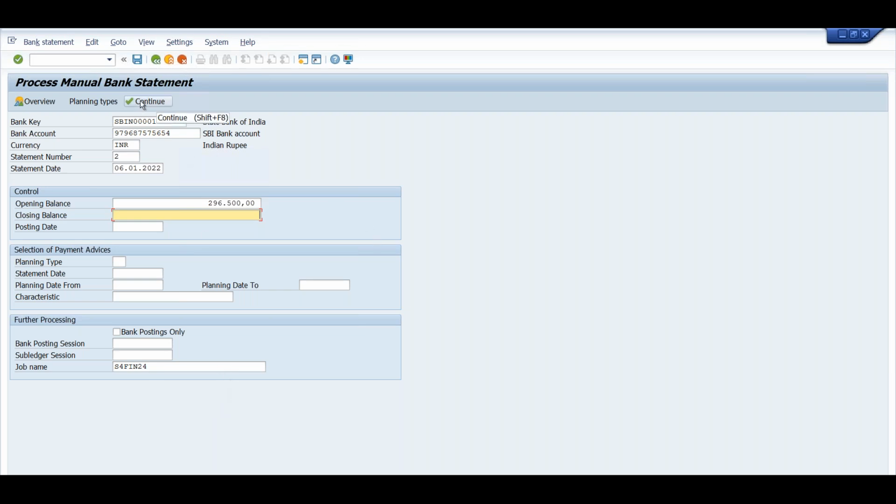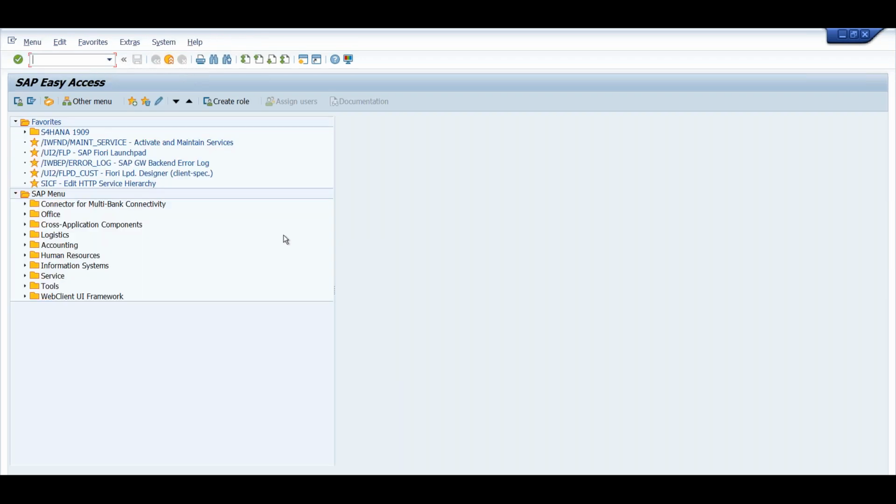Once you click on continue, it will go to the next screen, then enter the transactions and process. By mistake, if a user has uploaded a statement, we have the option to delete this statement as well. I'll show you after processing of